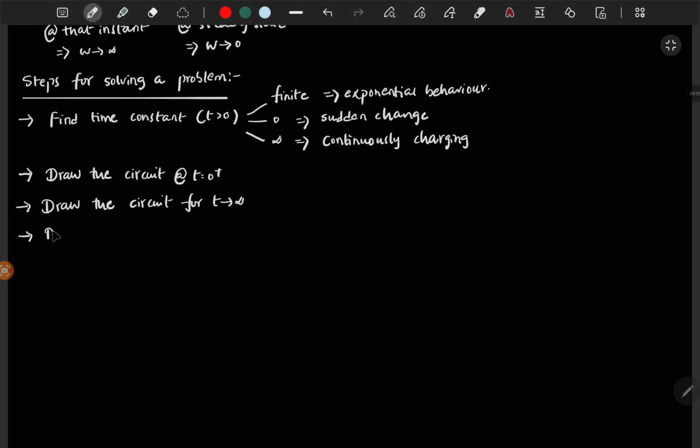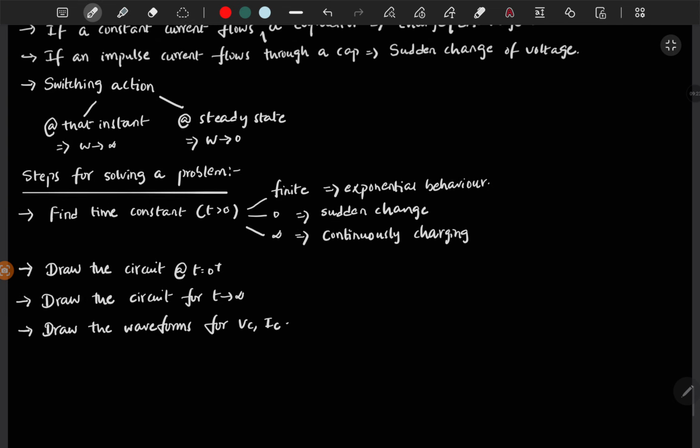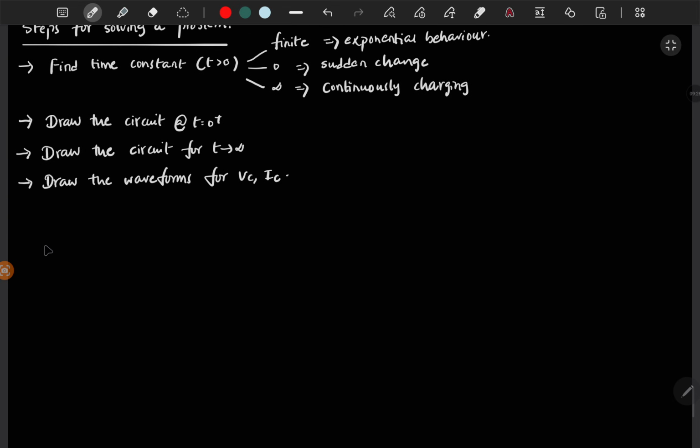And draw all the waveforms Vc and Ic across the capacitors. So these steps we have followed till now, and I think we are comfortable for solving the problems. Now for calculation purpose, suppose you have solved with these steps and you got some equation or some waveforms, but if you want to find exact amplitude, suppose if you have impulse current, then what